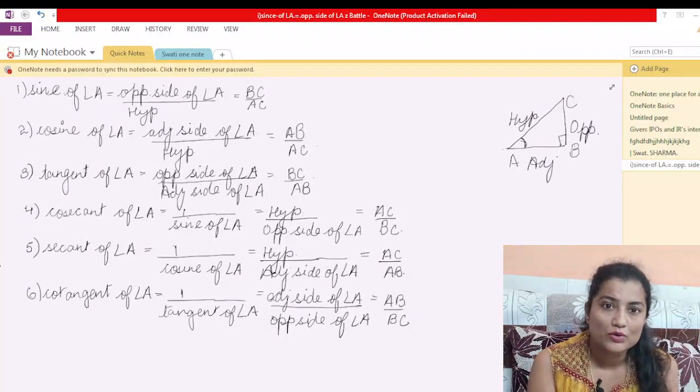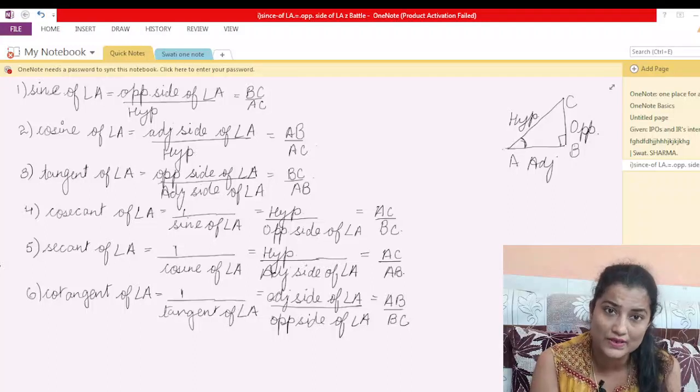Now, if we talk about the uses of trigonometry, the astronomers use this concept in measuring the distance of stars and planets from the Earth. So, trigonometry is the relationship of the sides of a right angle triangle with respect to its acute angles. Now, here we will establish some trigonometric identities.